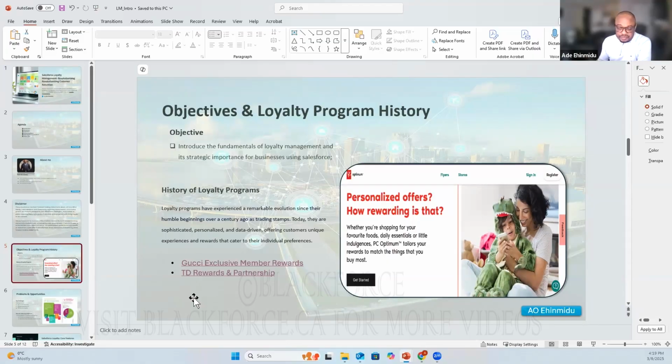And now we want to give you a little bit of background of loyalty management, especially loyalty programs. This is a program that has been around for over 100 years. Has it evolved over time? Absolutely. It's gone through a lot of development. And up to today, by history of what we've seen, it is not going to go away.